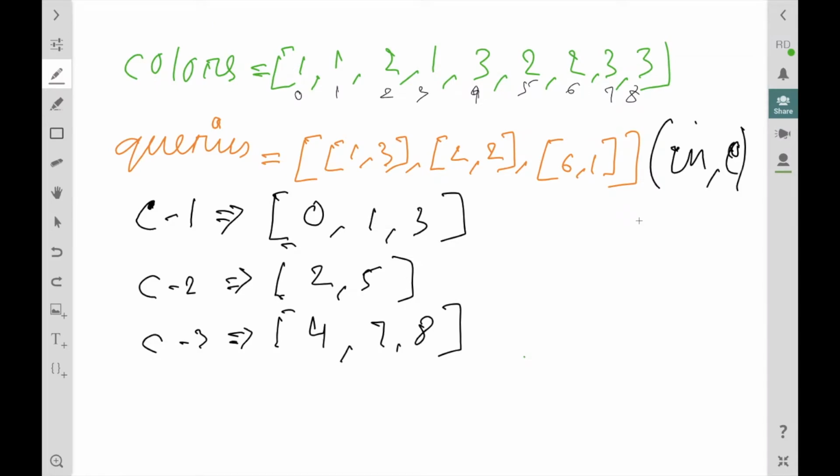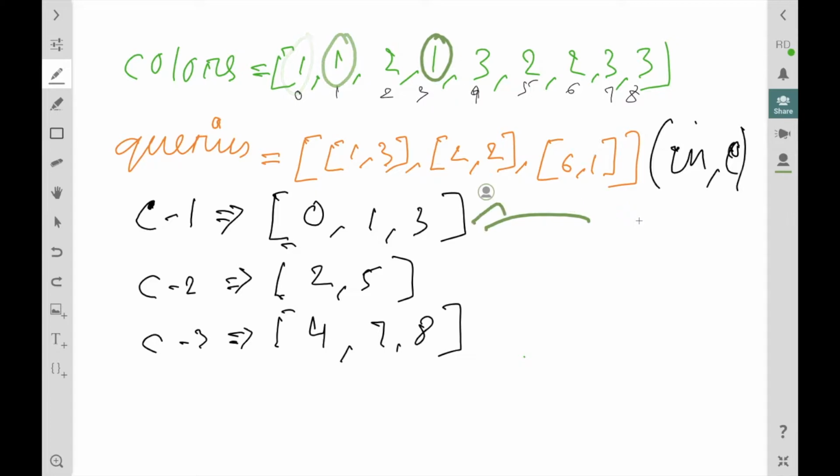So let's take an example. We are given this colors array, right? Our first task will be to separate all the colors. I have created an array C1 that contains all the indexes that have color 1, that is indexes 0, 1 and 3.